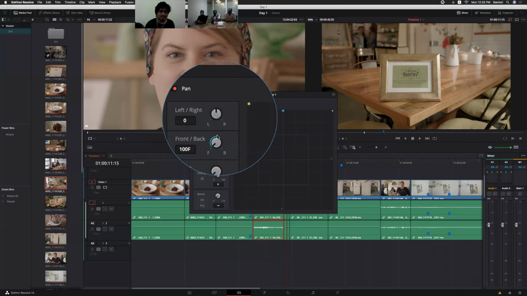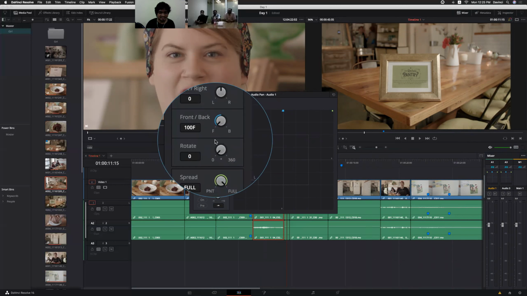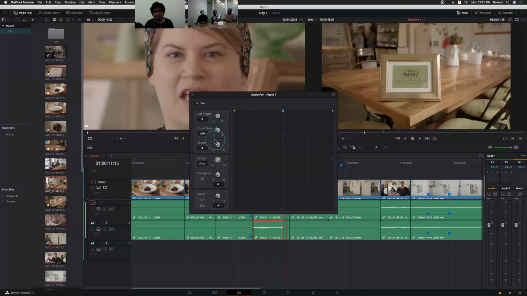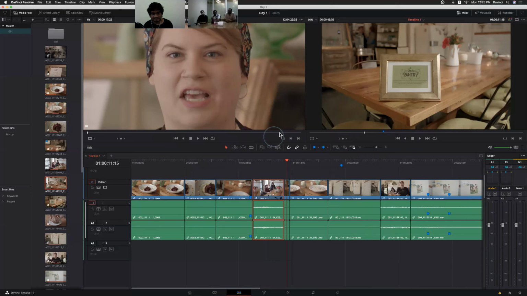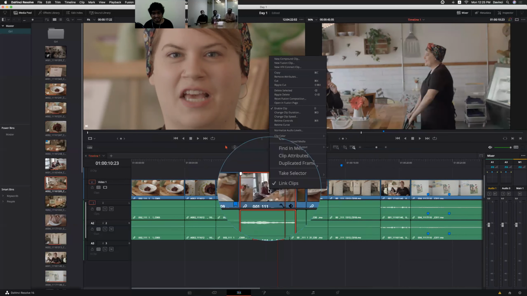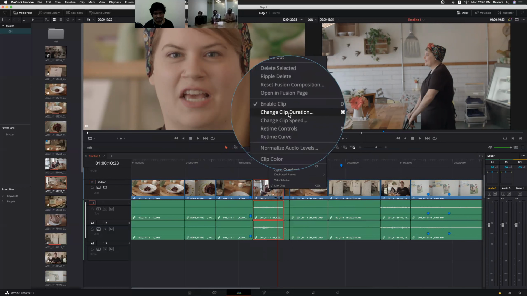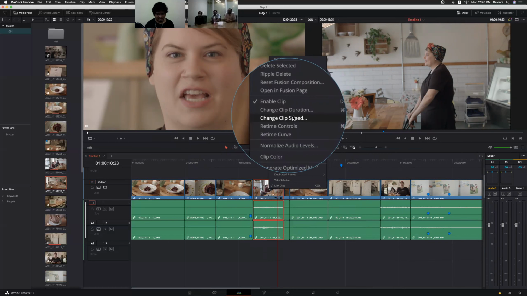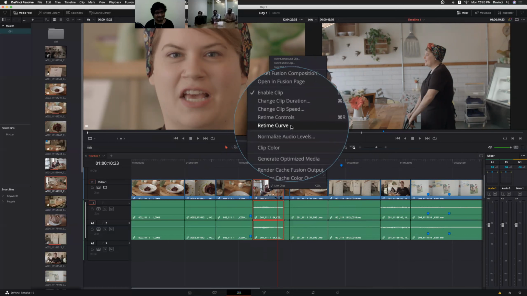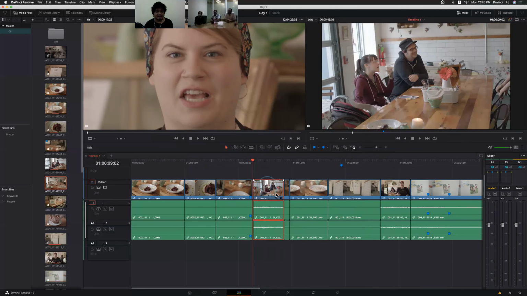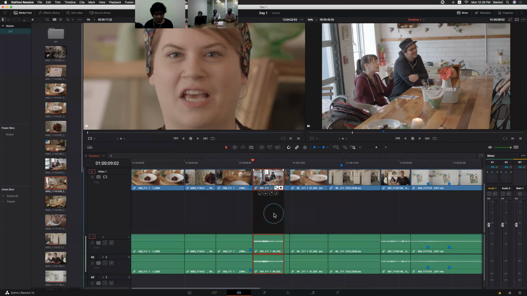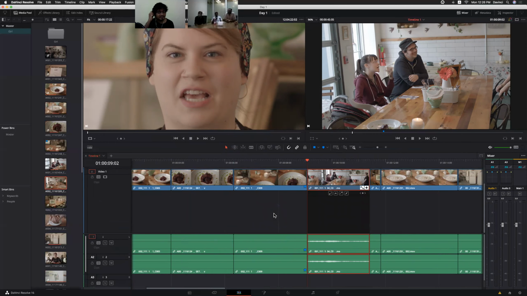as well as in the Fairlight page. Fairlight page is nothing but the audio post-production thing. So whatever the editor can do in the Fairlight page, we will discuss those things, along with the timeline options, right? And we'll see some other options like speed changes and everything, the clip duration and clip speed, retiming curves, and how to access the curve area. It is the same as Premiere Pro. We can see these options in Premiere Pro also.